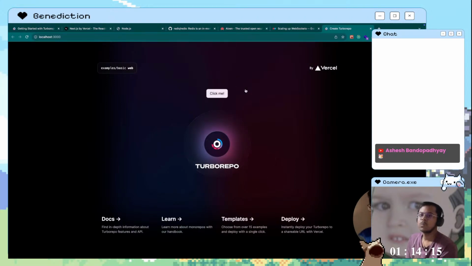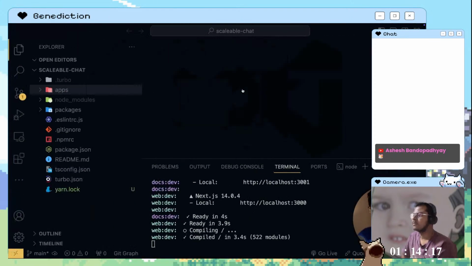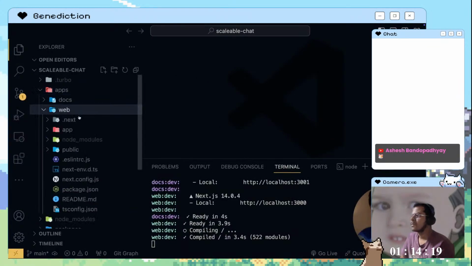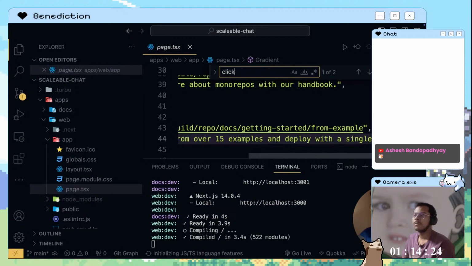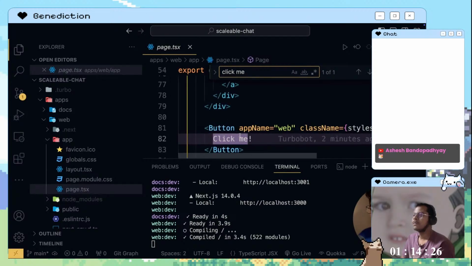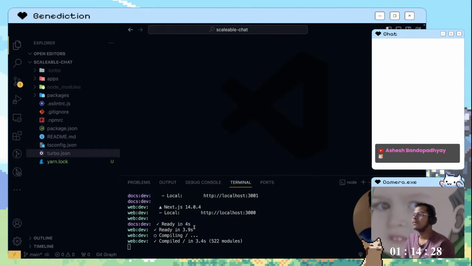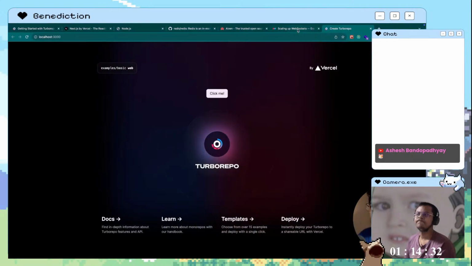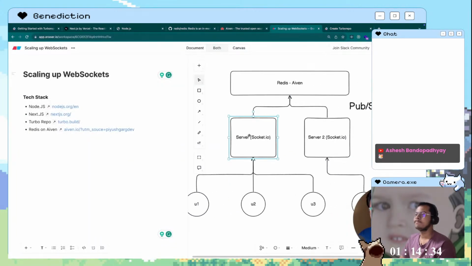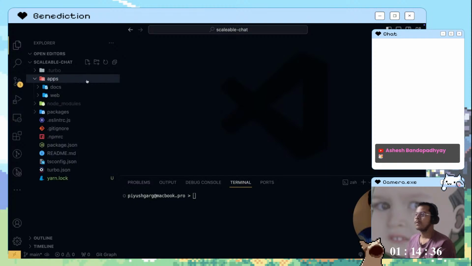दैट्स कूल। सो दिस इज वर्किंग गुड, राइट, ओके। सो दिस पार्ट इज कूल। ये कहाँ से आ रहा है, ऐप के अंदर, वेब के अंदर ऐप, एंड यहाँ पर page.js, एंड अगर मैं यहाँ पे सर्च करता हूँ क्लिक मी, सो दिस इज द क्लिक मी, ओके कूल। तो सब कुछ बंद करते हैं। तो यहाँ पर हम क्या करेंगे, हम अपना प्रोजेक्ट सेटअप करना स्टार्ट करते हैं। सबसे पहले मैं क्या करूँगा, मुझे एक Node.js सर्वर चाहिए, ओके। मेरे को एक Node.js का सर्वर चाहिए।